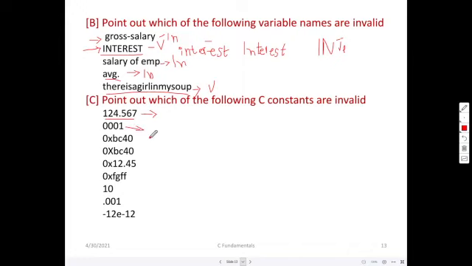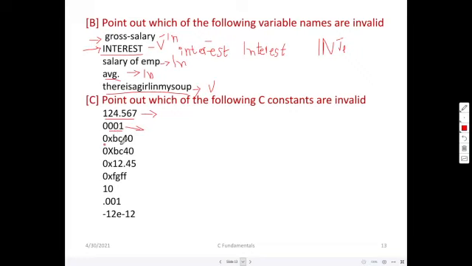Whether this is allowed? Yes, it is allowed. If anything is preceded by 0, then it will be taken as an octal number. That is, the given constant is an octal constant with this value. 001 is the value, and the first 0 tells us it is an octal constant.